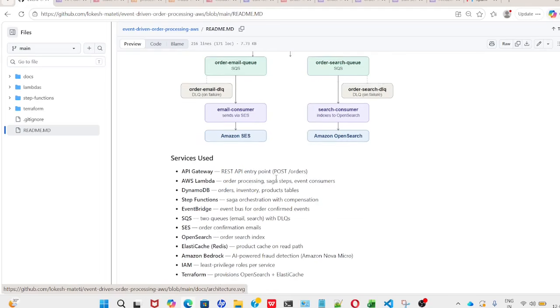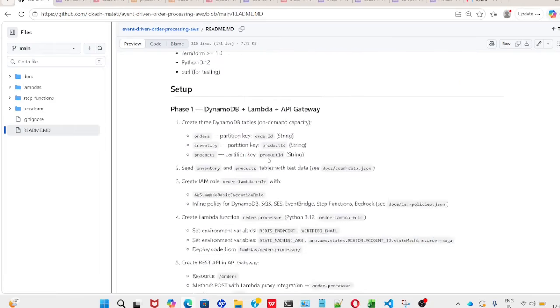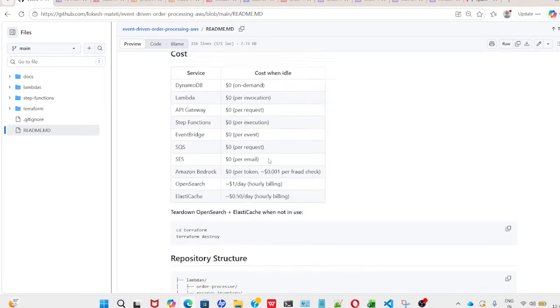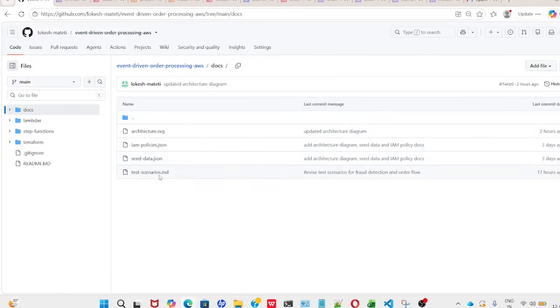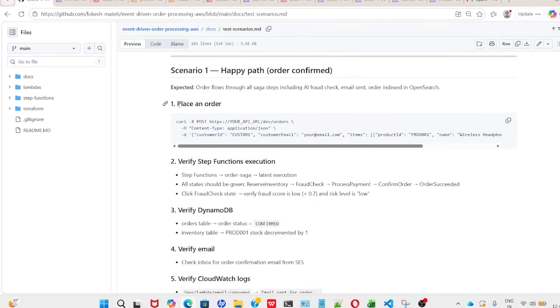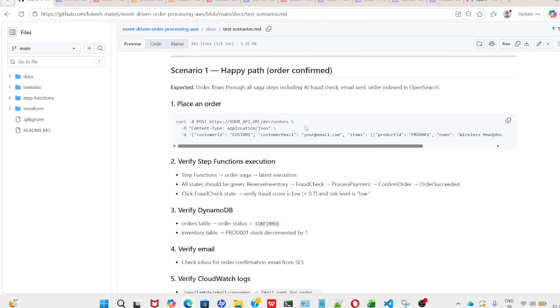Okay, so let me open the test scenarios. Before we proceed to the scenarios, I have listed out all the services that we are using in this particular project, and other details I have mentioned in detail here. So if you would like to try this project, this README and the other docs will help. Okay, now let's get started with the scenarios. The first scenario is that I'm going to place an order using the curl command. Before I place an order, I will show you the